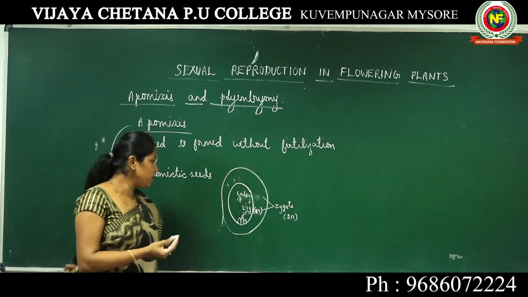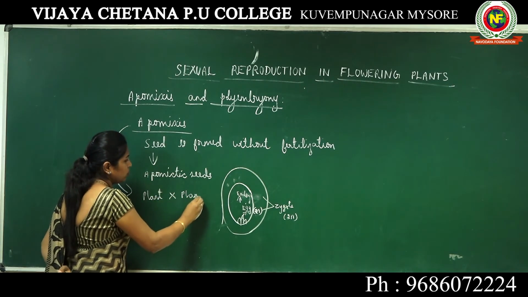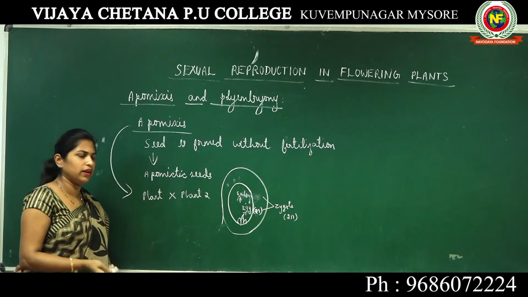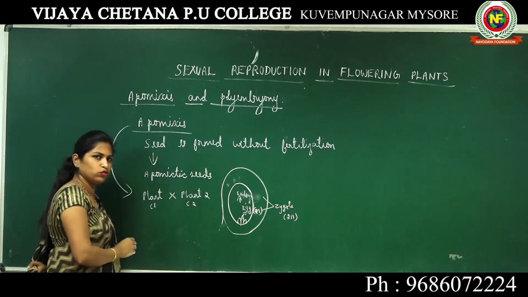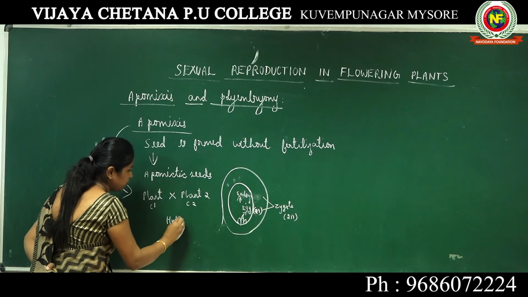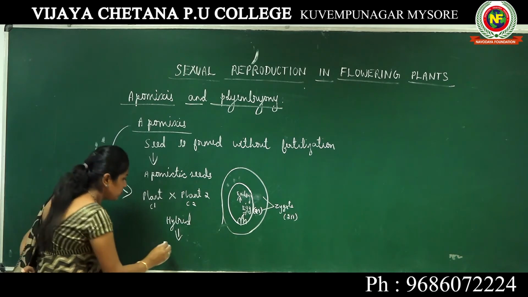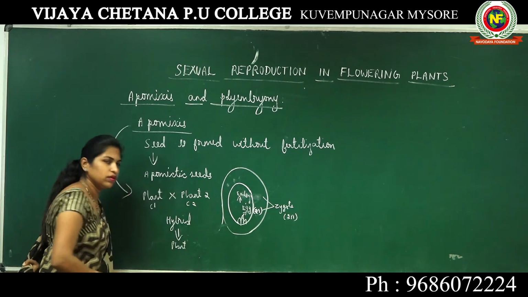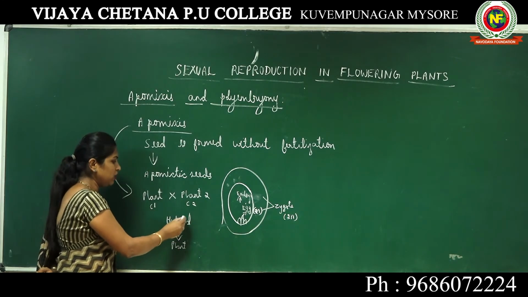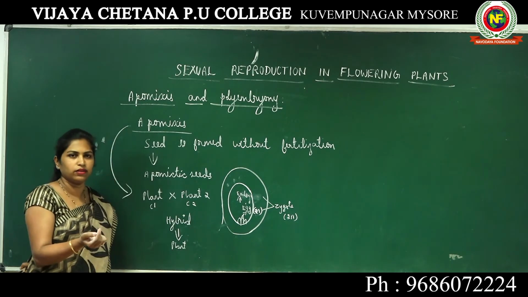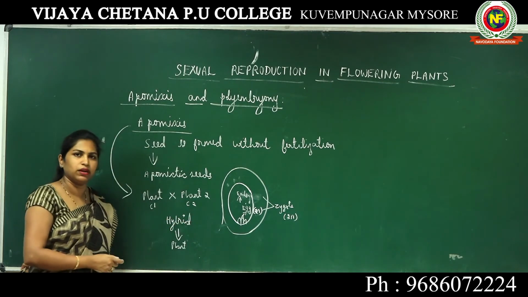hybrid plants. Now when plant 1 is bred with plant 2, or when you carry out a hybridization experiment for any characters, you take character 1 from this plant and you want character 2 from this plant, you breed these two plants, ultimately you will get a hybrid. You grow this hybrid and it will become a larger plant. This plant will have characters from both C1 and C2. That means the hybrid plant will have your desired characters, the characters due to which you are crossing these two plants, those characters will be seen in this hybrid.